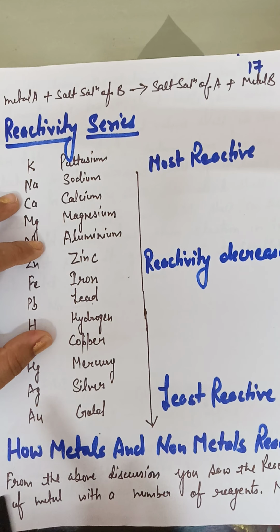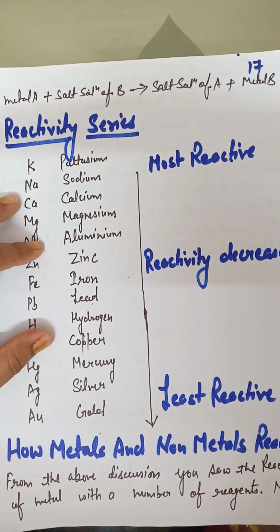Now next we have how metals and non-metals react. So we have to react the metal and non-metal now. As we have studied in the previous class about electronic configuration, suppose we have the element having atomic number 6. So we have to arrange the electrons according to the rule. In the first shell there are 2 electrons, in the second shell there are 4 electrons. So to fill the second shell we have to add 4 more electrons, so the configuration is 2, 8, 8, 16. So we have to follow that criteria here.